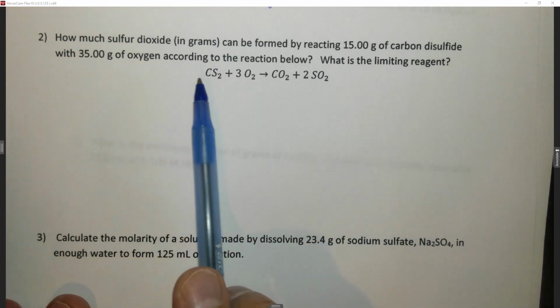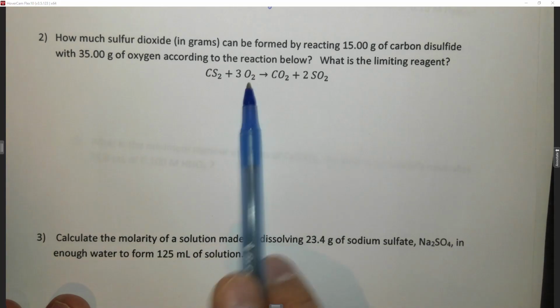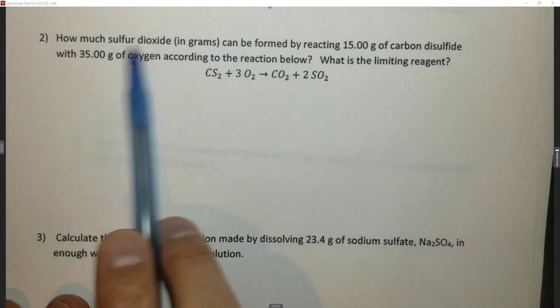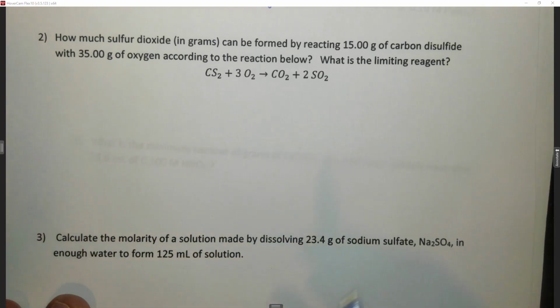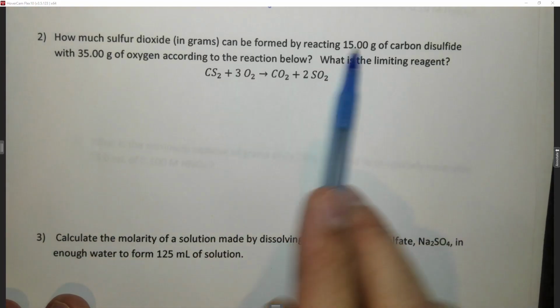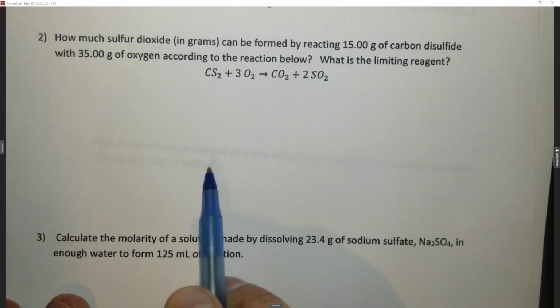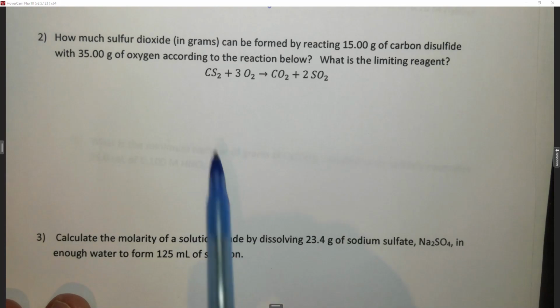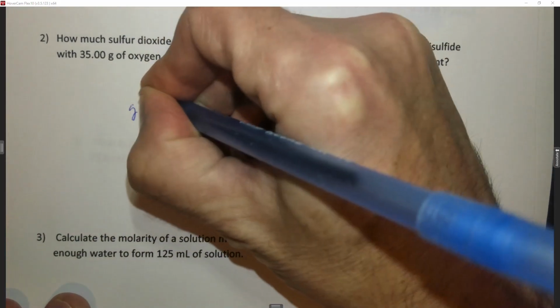So we have 15 grams of carbon disulfide and 35 grams of oxygen, and we're asked for how much sulfur dioxide we can form, and we want to know the limiting reagent. So in this case, we have a mass of both of our reactants. Essentially what we need to do is figure out the limiting reagent, or what's going to run out first. So I'm going to start with CS2 because it came first,